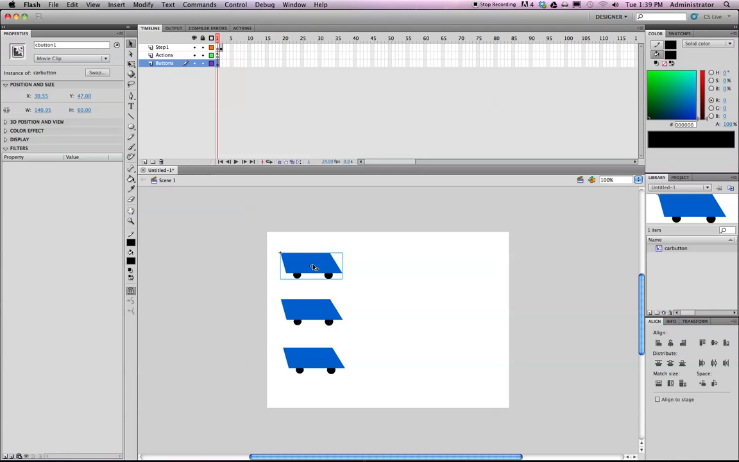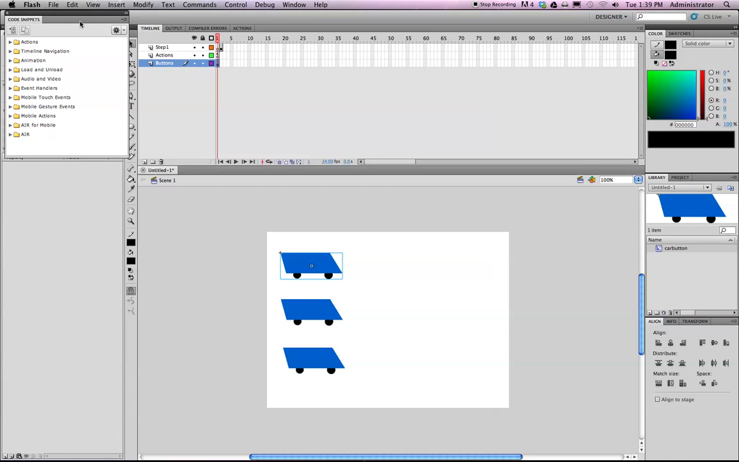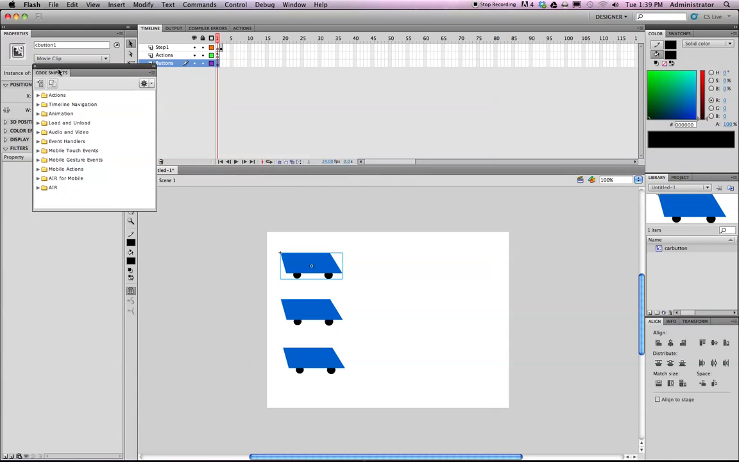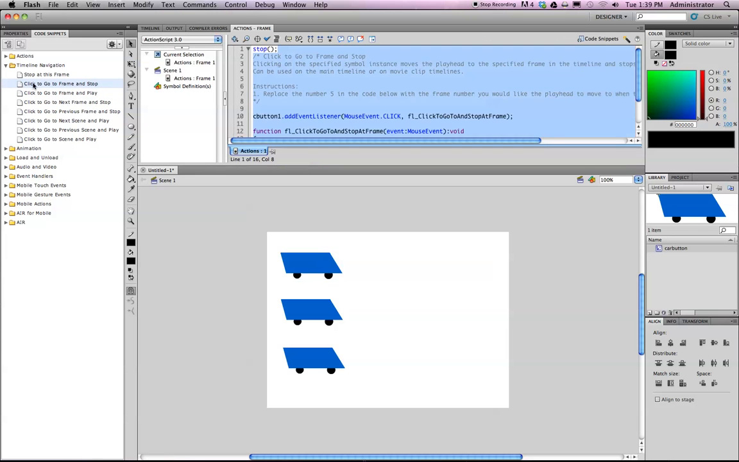I'm going to click on the object that I want to trigger as a button. And then I can come up here to Window and choose Code Snippets. These are pretty easy to use. I can actually dump that in there. What we want are timeline navigation, and I choose what's most appropriate. In this case, I want to click to go to frame and stop, or click to go to frame and play. I'm going to take this one, double click on it,